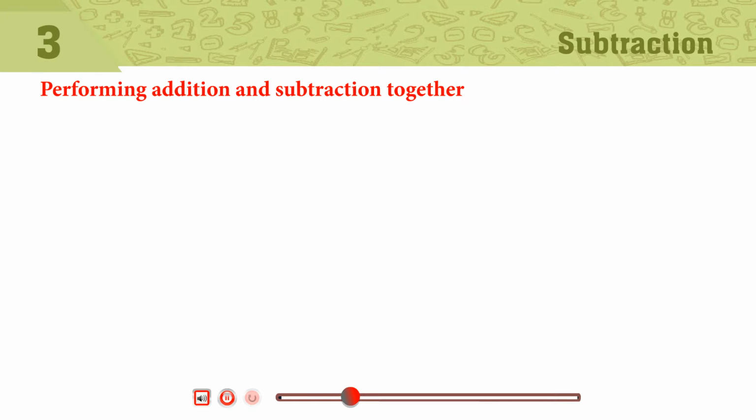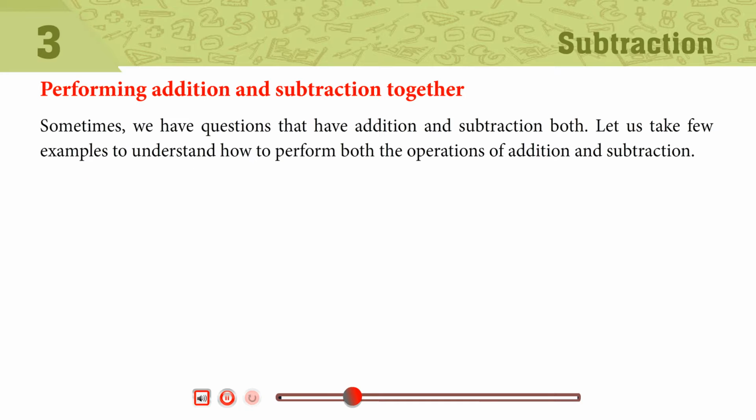Performing addition and subtraction together. Sometimes we have questions that have addition and subtraction both. Let us take a few examples to understand how to perform both the operations of addition and subtraction. Example 7. Solve the following. A. 6346 plus 2184 minus